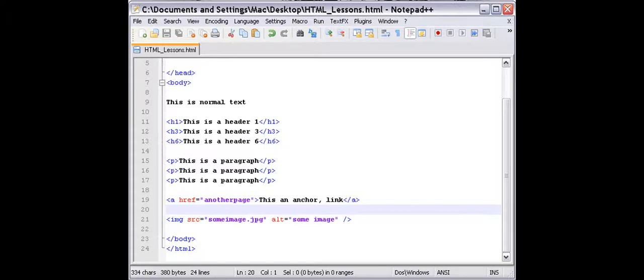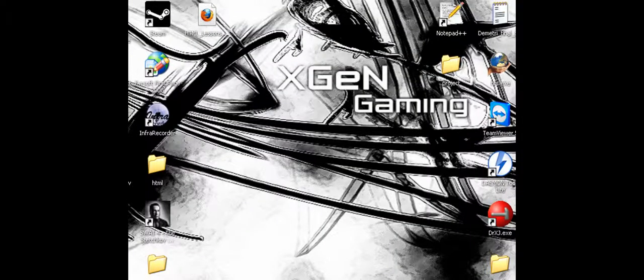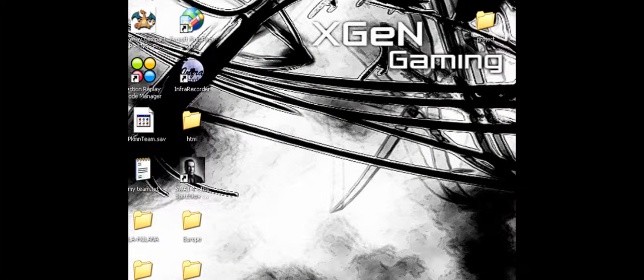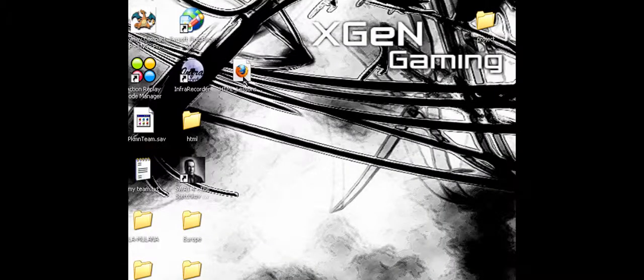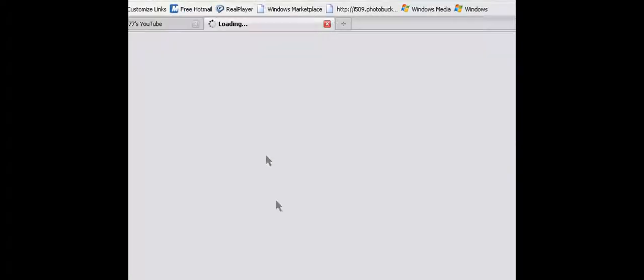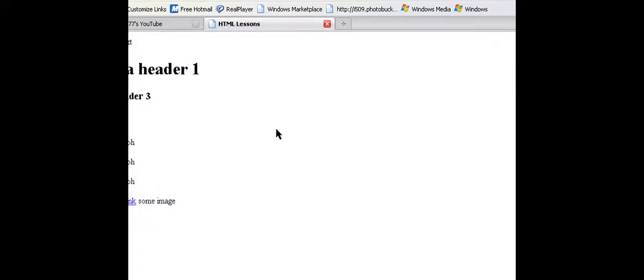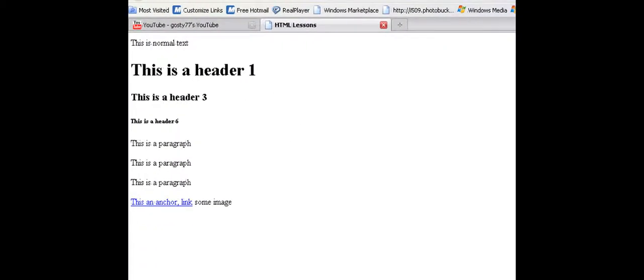Really quick though, I am going to exit this and drag this over here, open up Firefox, and open up this file, htmllessons.html. Close this. Close this. Open this up, double click, and it will open in Firefox. Now, let's move this so you can see it. Okay. So, the normal text that we put in there,